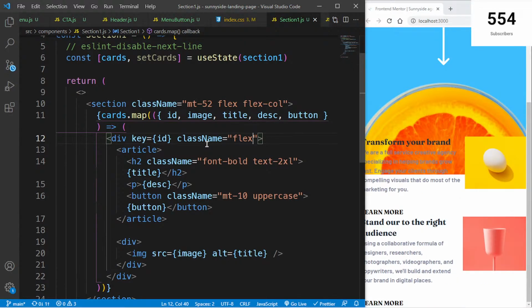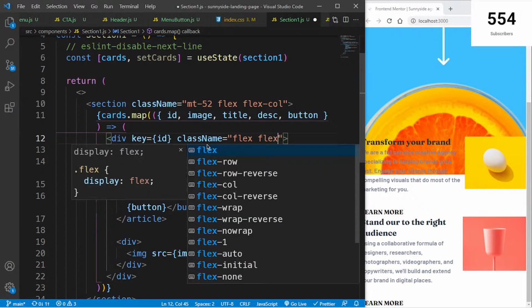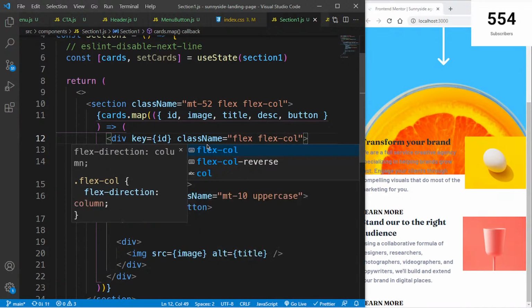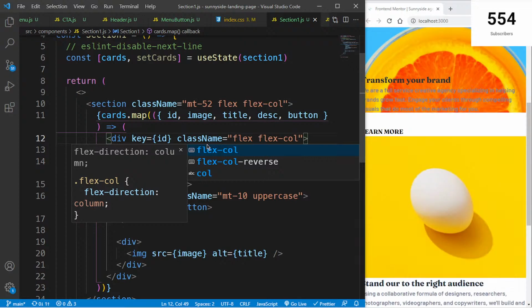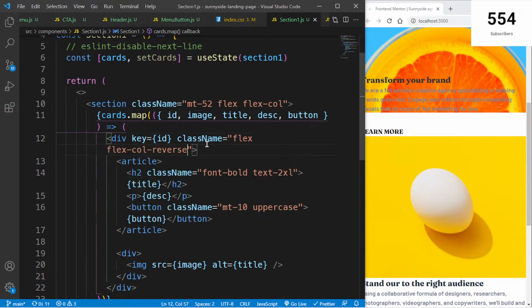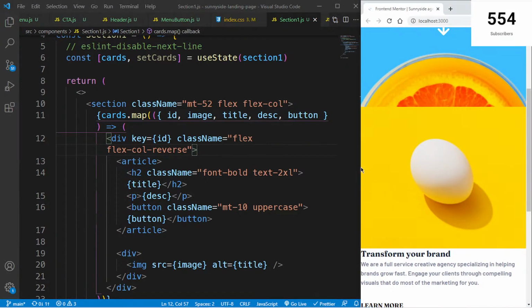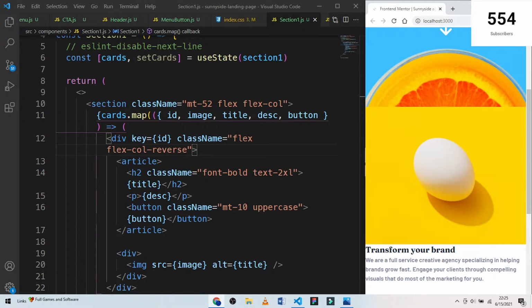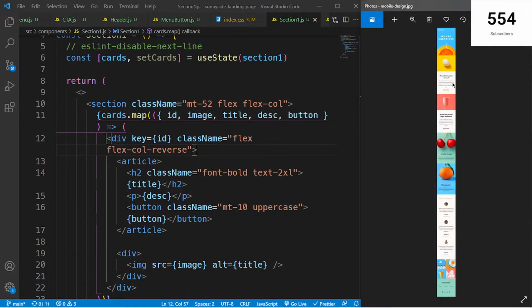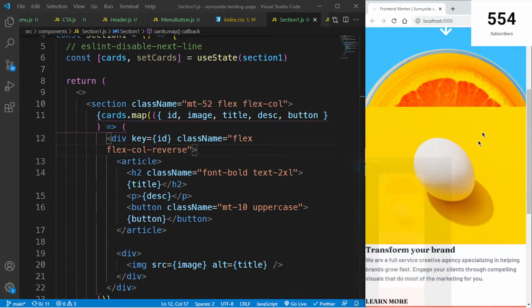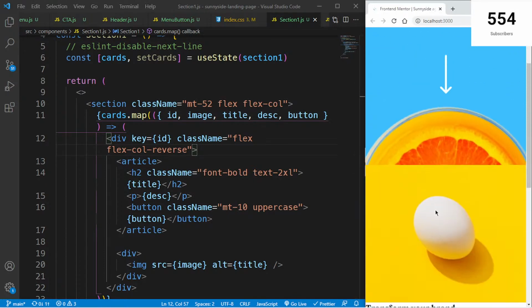If that works, then I'll have to play around with it in CSS. Let's go on reverse for the first one and the second reverse. Both of them are flex column reverse. Yes, both of them are flex column reverse for now, which means